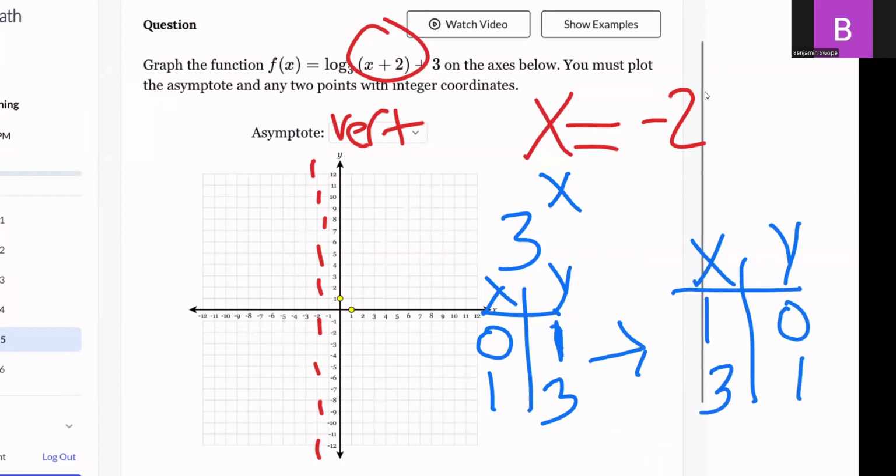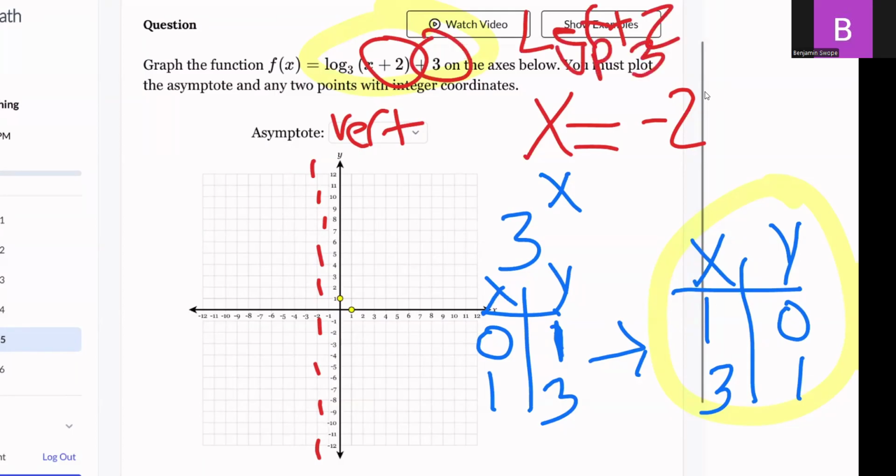And like I said, don't plot these points. Those are going to be your starting points. We have to do the rules that our original function gave us, right? So if you look, this +2 means to go left 2. And this +3 on the outside, or that K value, means to go up 3. So we've got 2 rules in this one. We're going to go left 2